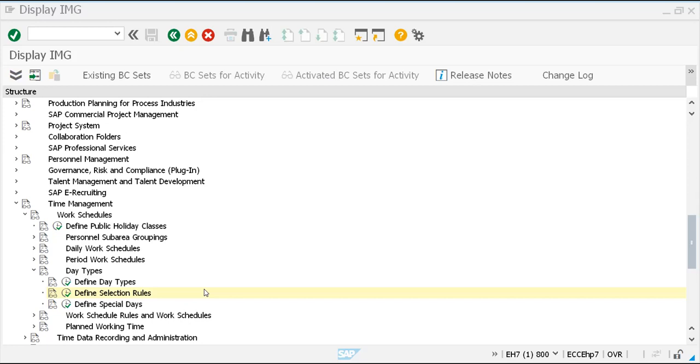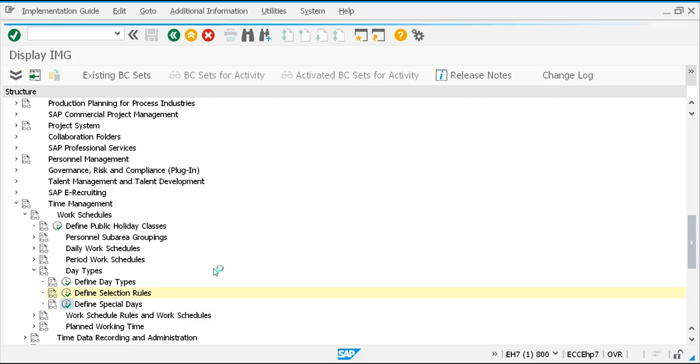So these are applicable when the client wants to do the payment as per the time model. So we are maintaining these kinds of things. Next, what I will do is go for define special rules, define special days. I can maintain some of the special days, for example,